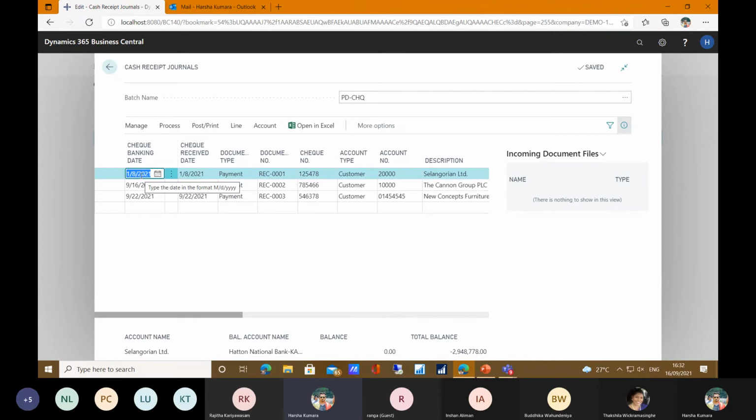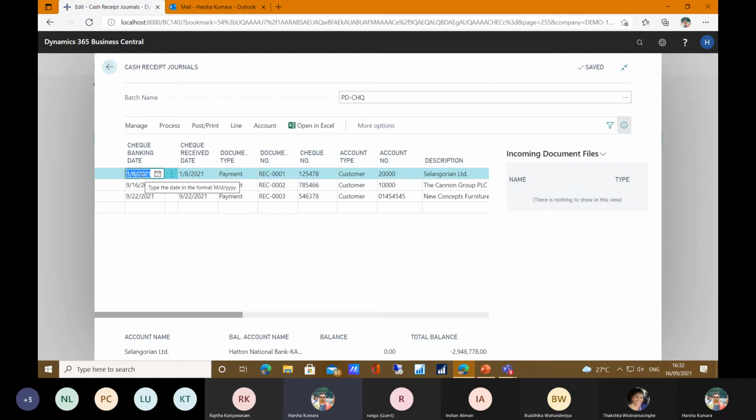Users can't post any data in this template before the server date reaches it. Otherwise, this banking date will clash with the PD check in hand in your bank, and your cash book and the bank statement will differ because of the erroneously posted PD check.